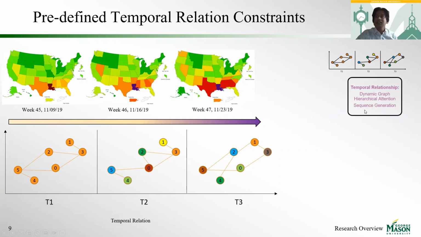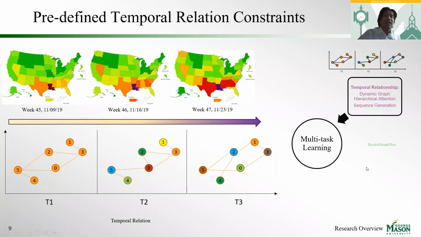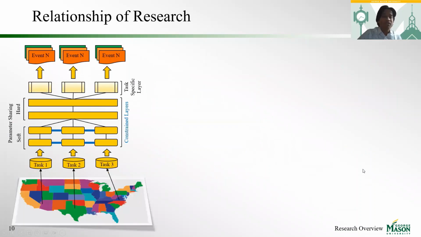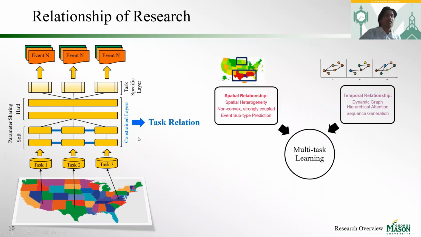For real life implementation, we implemented this work for sequence generation. That comes to our other work, that is multitask learning. So here we propose the model that is dynamic attributed graph to sequence. Now from this, we see that we have an issue: how to implement this task relationship in the constant layer. Based on that issue, we worked on this spatial relationship and temporal relationship work, which actually makes this multitask learning